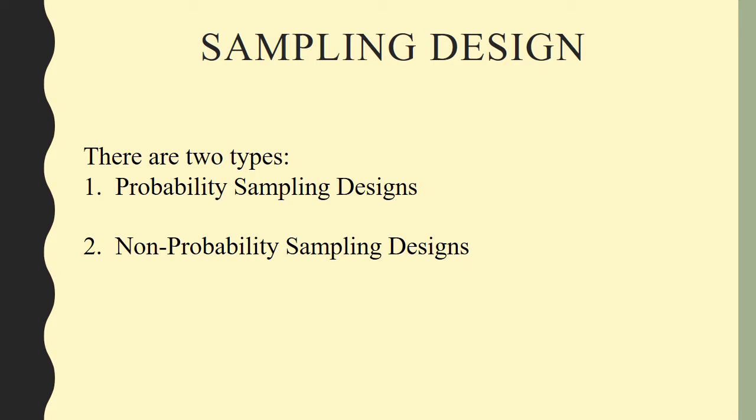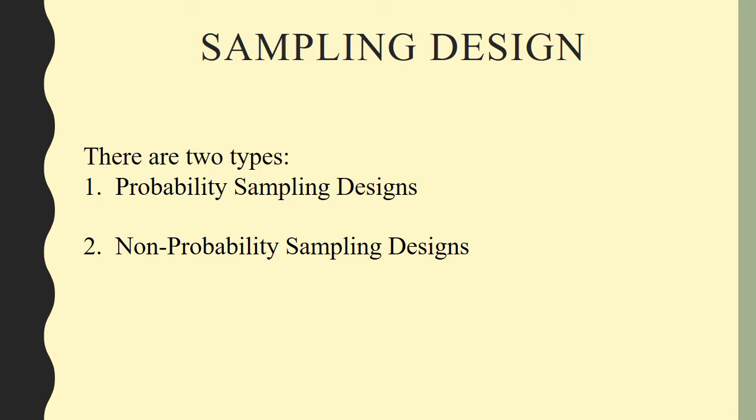Probability sampling designs are used in conclusive research. That is, wherever we want to derive some conclusions, exactly there we try to apply these probability sampling designs. In this design, each and every element of the population has a known chance of being selected in the sample. So in this design we know exactly that every element has a chance.